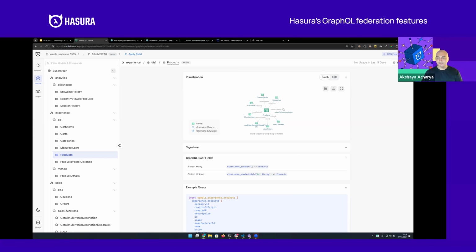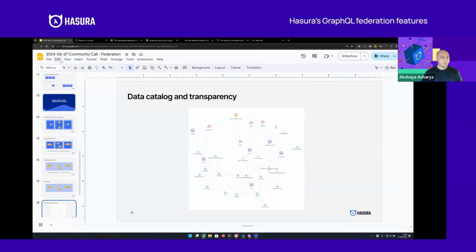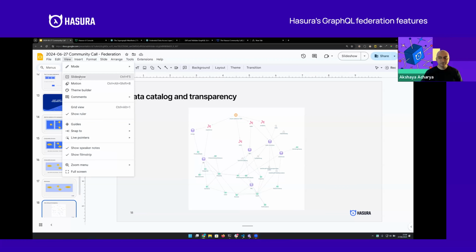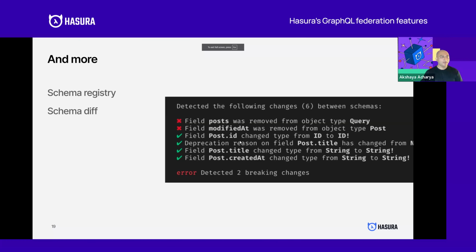So this is cool. Let's see. Query plans and tracing work across the whole supergraph. So I think when it comes down to it, yes, and we're building more tools as well, like schema registry and schema diff. The build time validations are already going to take care of a whole class of problems. But you can also do checks at the schema level, the GraphQL schema level as well.